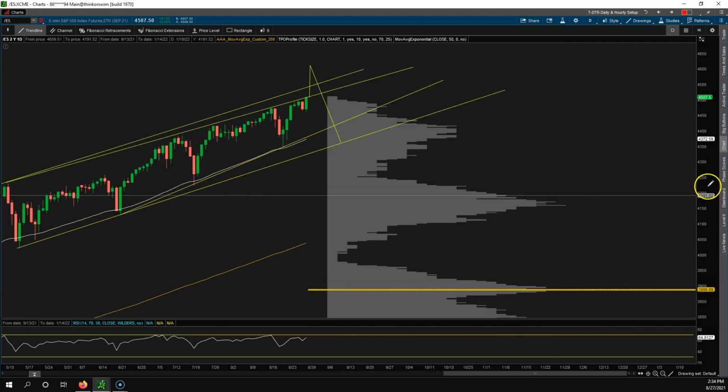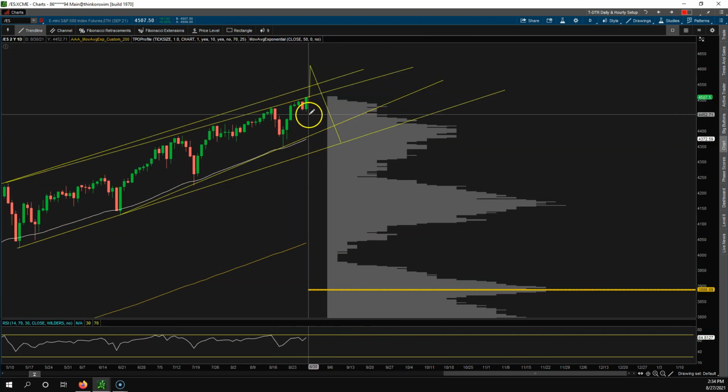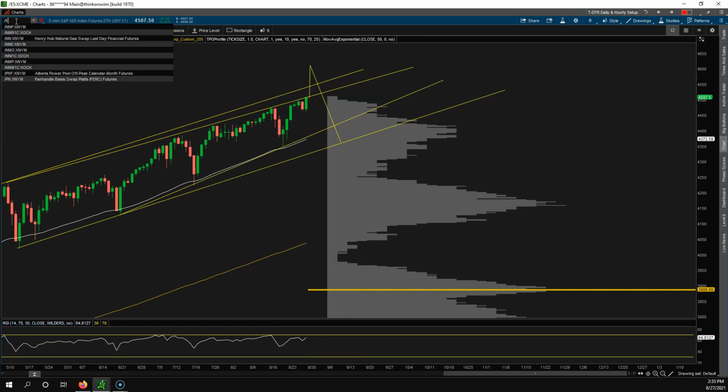But as of right now, the market flipped. We went from being bearish to bullish. So bullish into early next week on the S&P E-minis. Let's take a look at